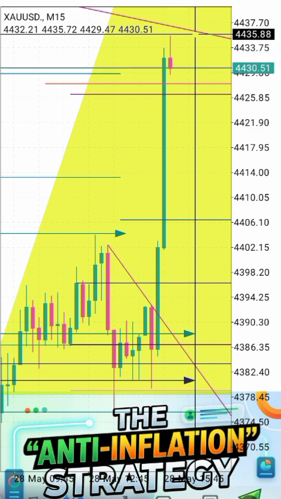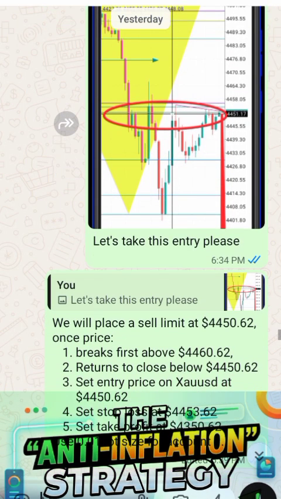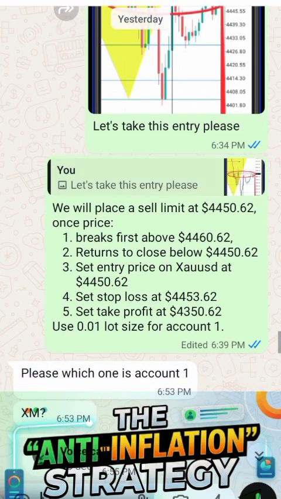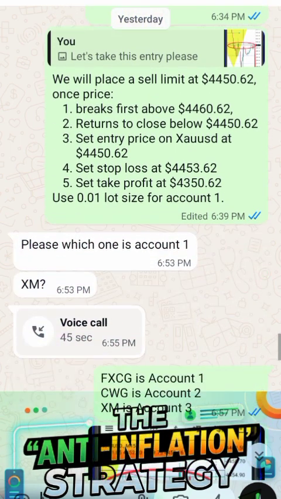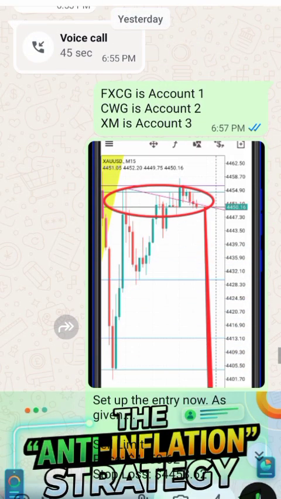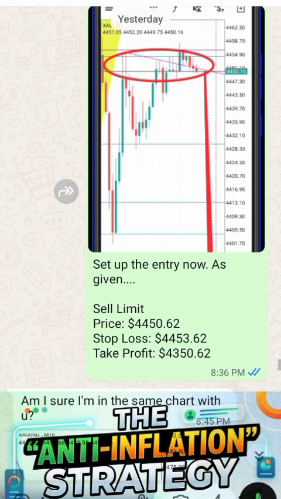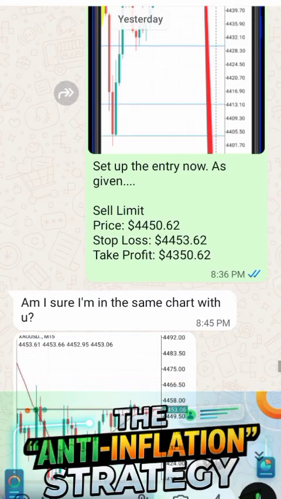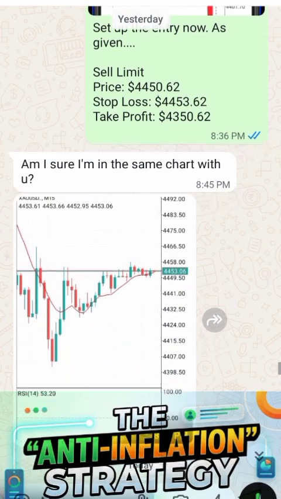So before the break, there should be a rejection, and the rejection will be the time when we can move our stop loss into break even. But that's not necessary because we're already over 500 pips in profit at this stage,